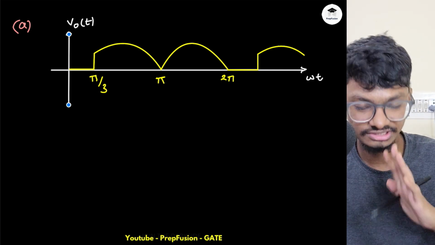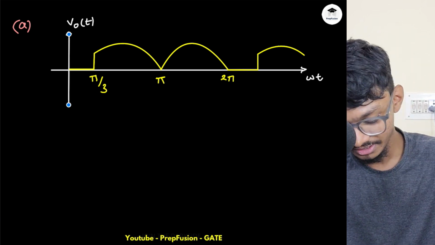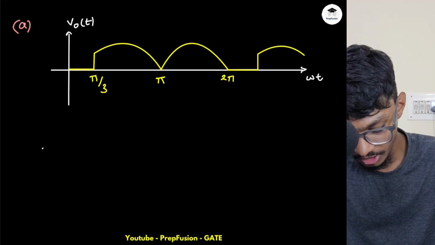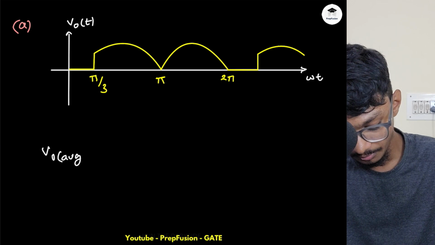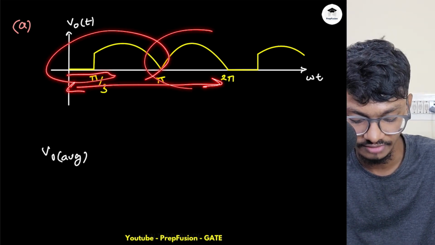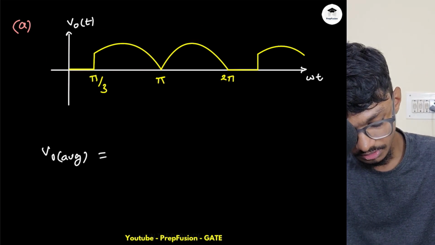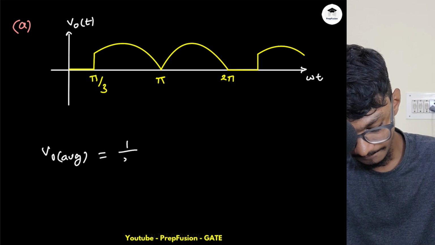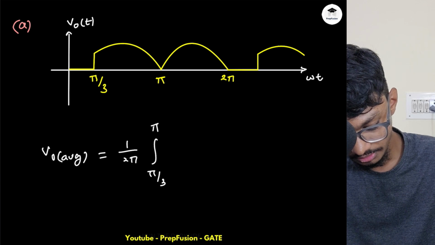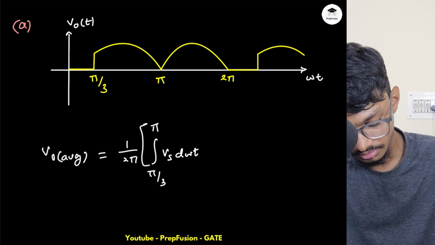So this is just a semiconductor. Actually, I taught you semiconductor without even telling you, but that's fine. We will learn that in the next lecture. But what will be my VO average? This is a periodic waveform which is repeating every 2 pi, not pi, because this half cycle is different and this half cycle is different. So VO average will be simply 1 by 2 pi, from pi by 3 to pi, it will be simply Vs d omega t,